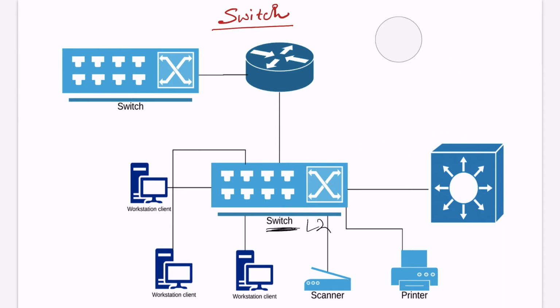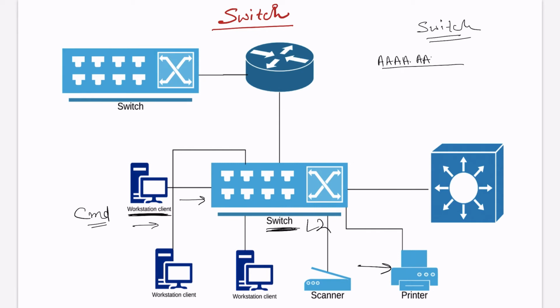So initially what happens, let's say that this workstation wants to talk to this printer. This workstation pings the IP of printer from command line. Then what happens? Traffic reaches here. So traffic here is a frame. So what does switch do? Switch notes down the MAC address. MAC address will be 48-bit number, hexadecimal. Let's say the MAC address of this workstation is all A, and it notes down on which port or interface it received it. Let's say port number 1.